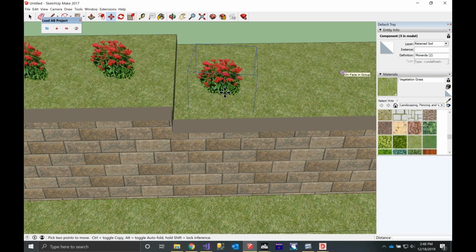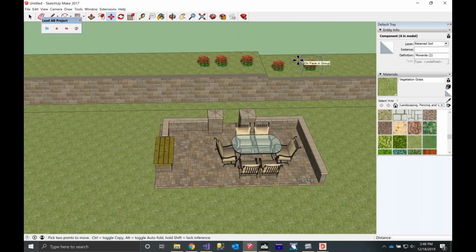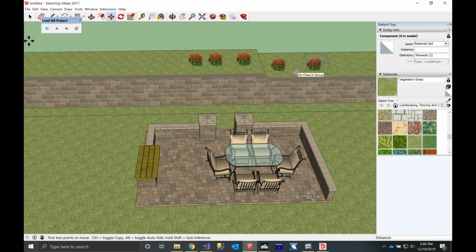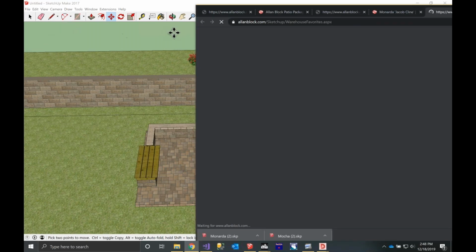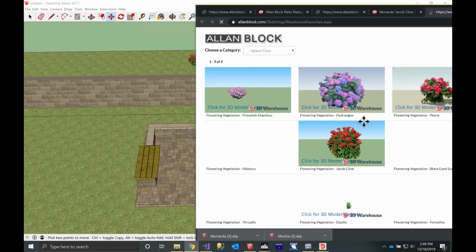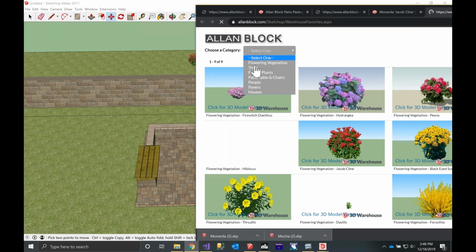So you can see we just added 5 little flowers there. We can also come into the star and go to trees